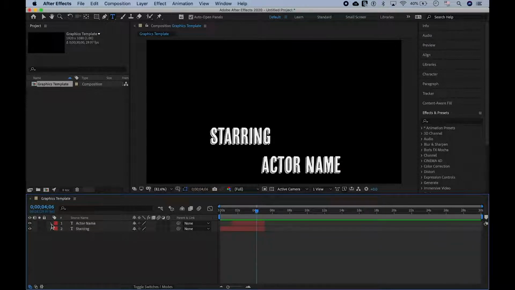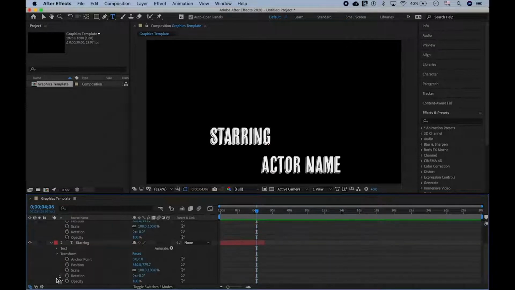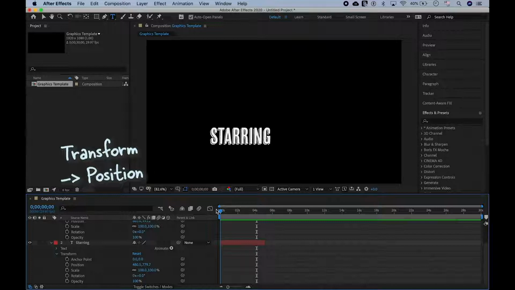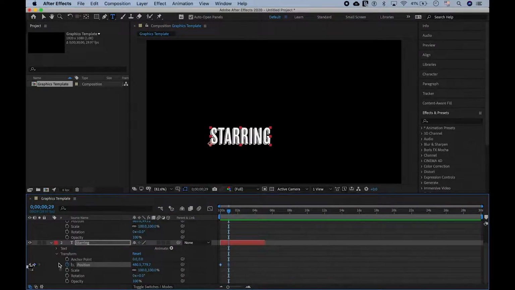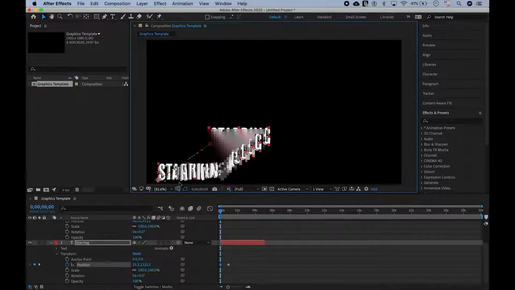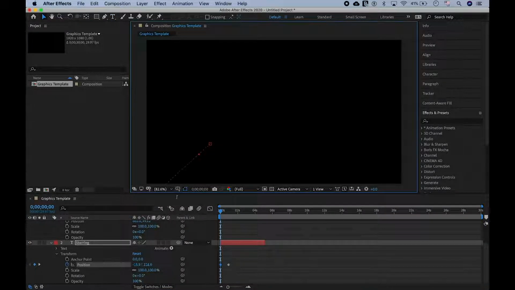The next thing we want to do is animate our layers to make them appear to move on screen. We do that by finding the transform effect, the position effect, and turning on keyframes by clicking the little stopwatch next to it. And then you can add a keyframe by clicking the blue dot. A keyframe just says exactly where a given object will be at a certain point in time, or exactly how